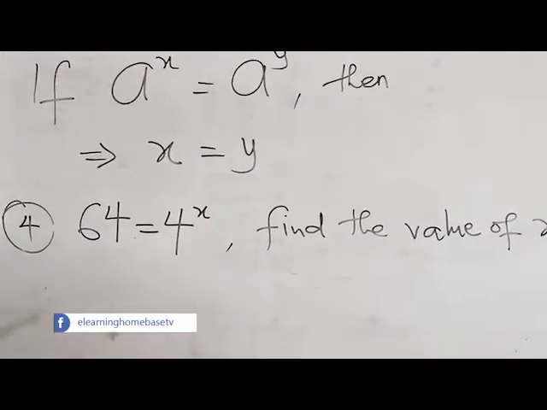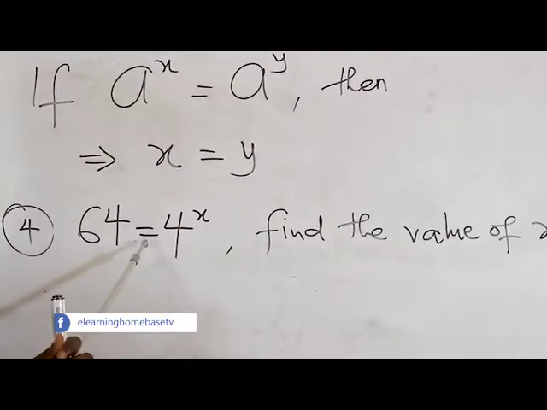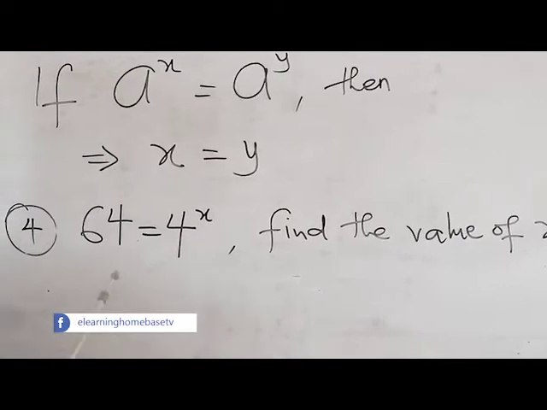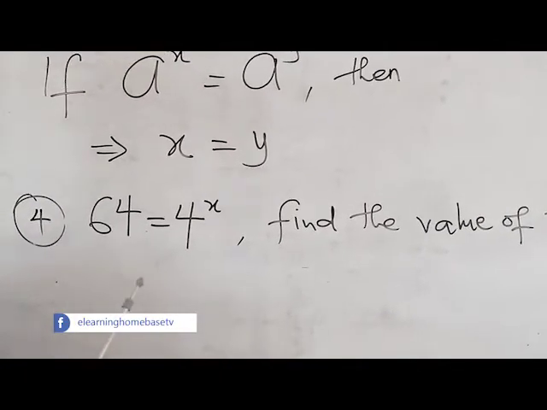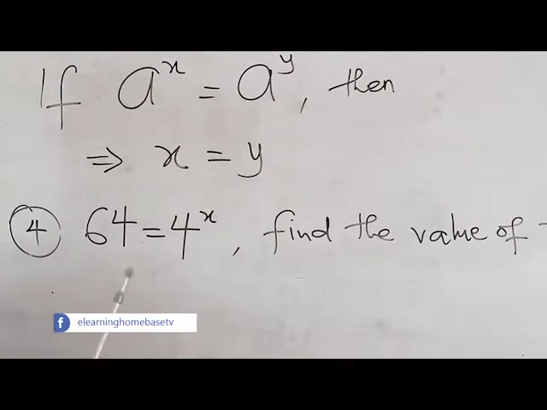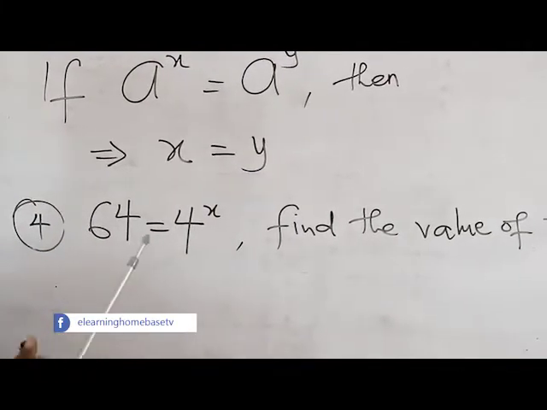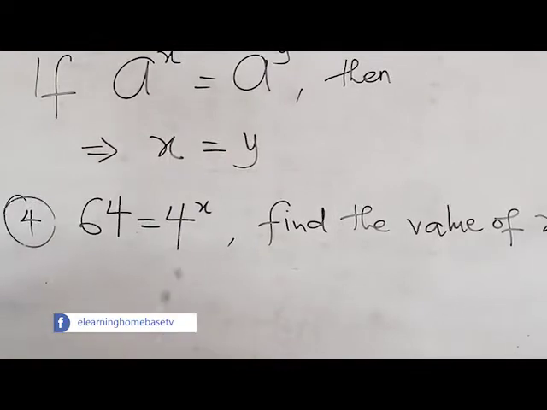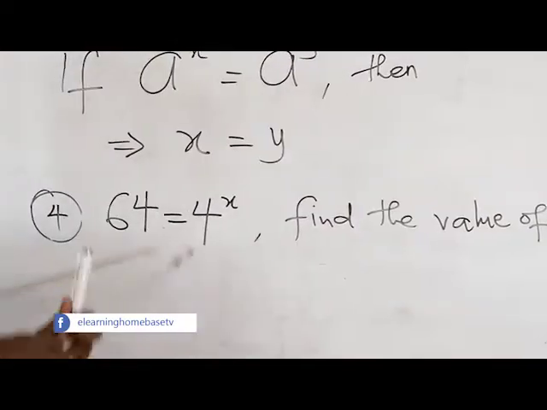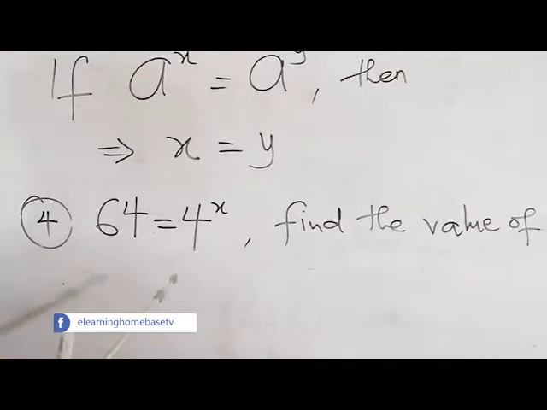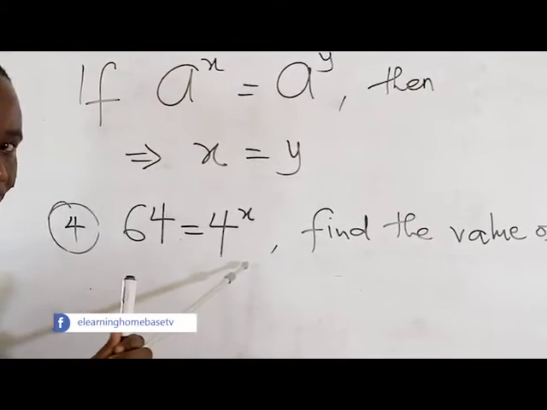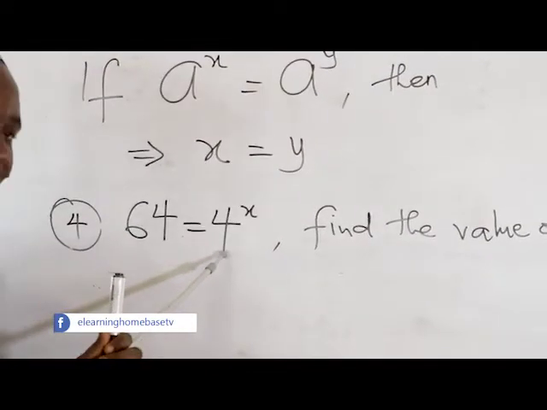Normally the variable may be on the left or on the right, and sometimes you get confused. All that matters is that after getting your final answer, you always write the variable first by concluding x equals. So let's proceed. The base is 4 on my right,